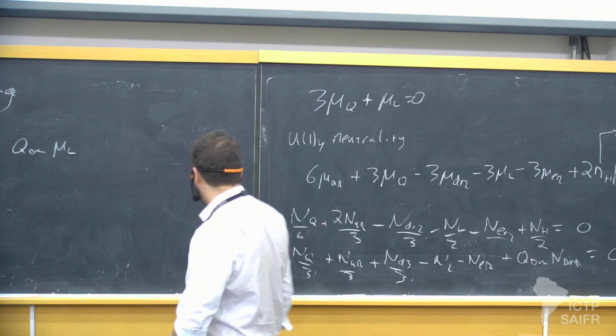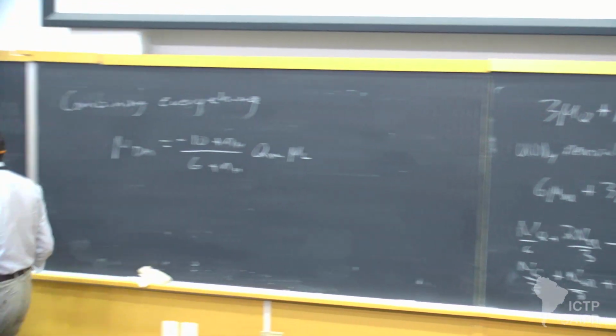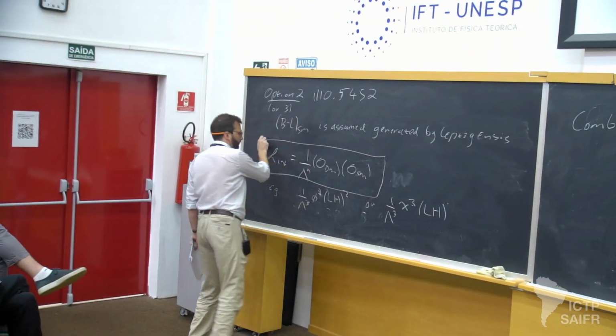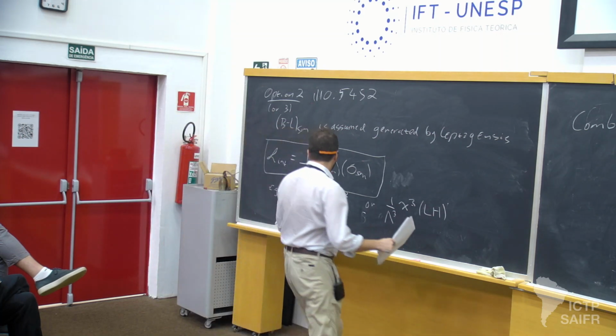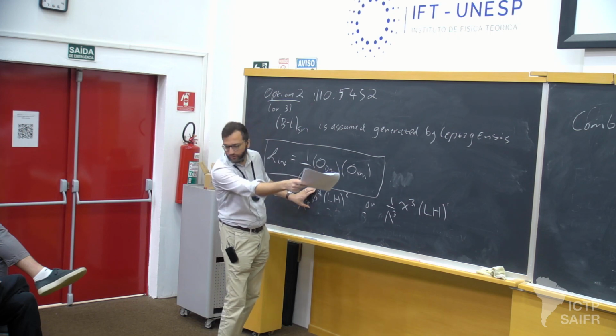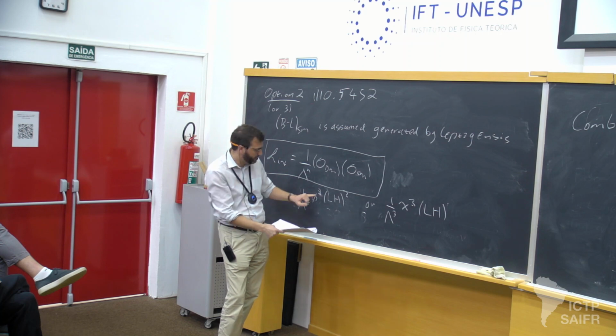So just to be clear, you're assuming these are in equilibrium, no? Thermal equilibrium. All I assumed was that this is in equilibrium, yeah? So then for these individual ones, you can read off what Q B minus L is of your dark matter here, depending on this power here, yeah?